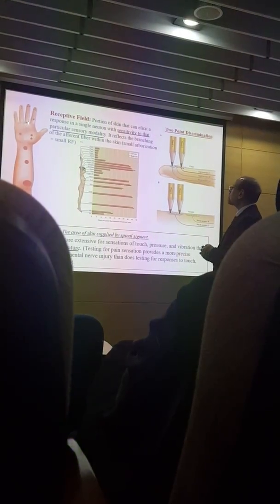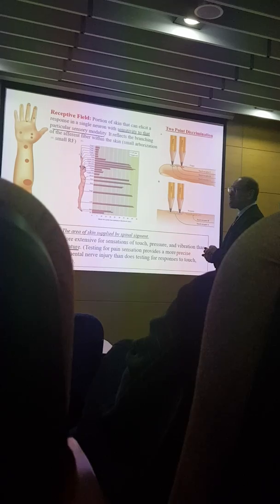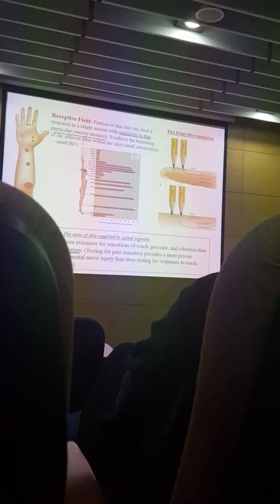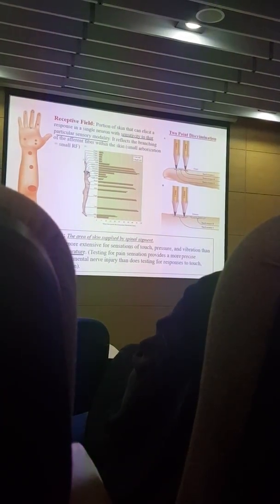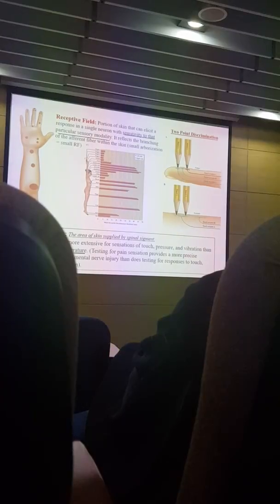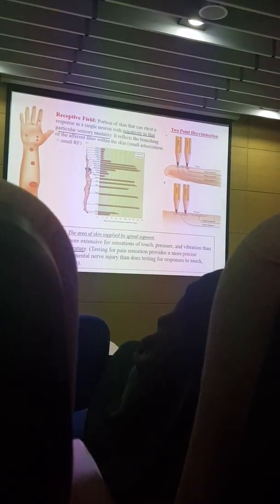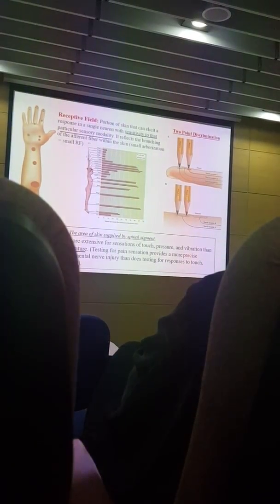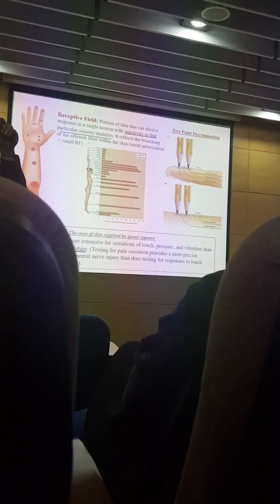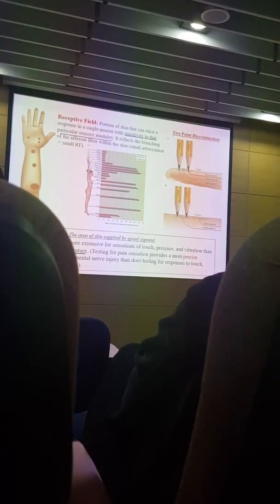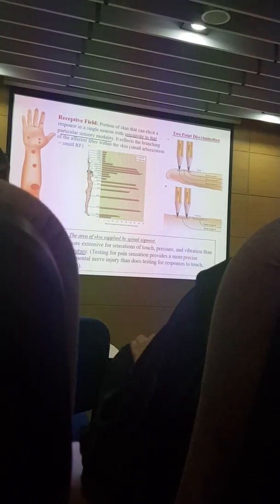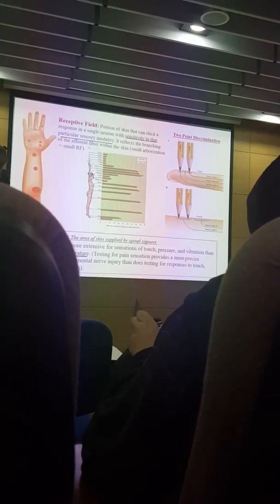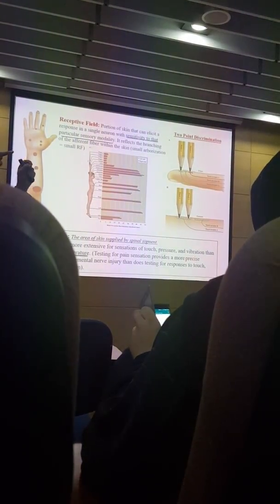So we have, look, the receptive field here at the tips of the fingers is very small. Why? Because I need a lot of sensory neurons to analyze with my fingertips. So if I bring someone and tell him to read Braille letters by his hand here, he will not be able to read them. Why? Because, for example, the 3 dots of Braille, if I put them on my fingertips, I will feel them as 3 dots